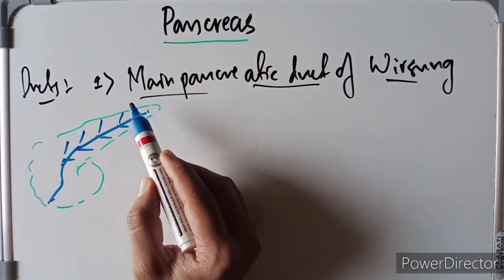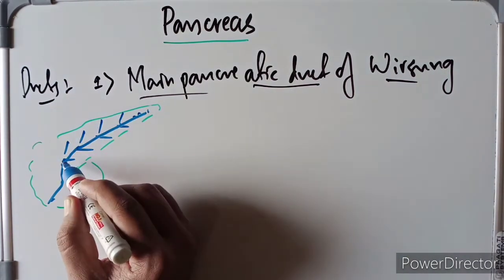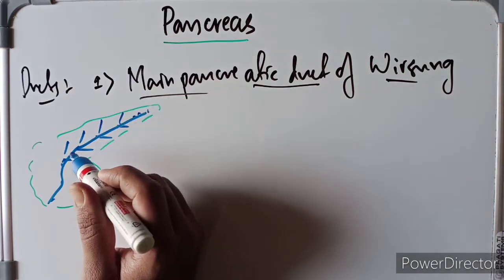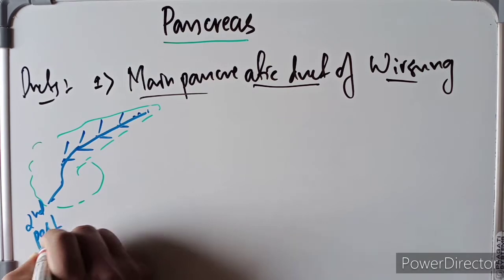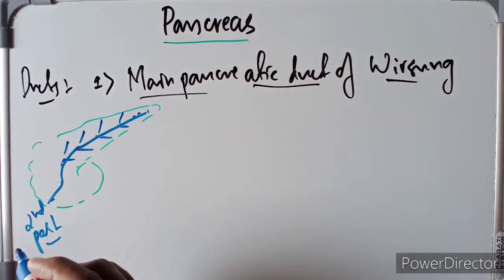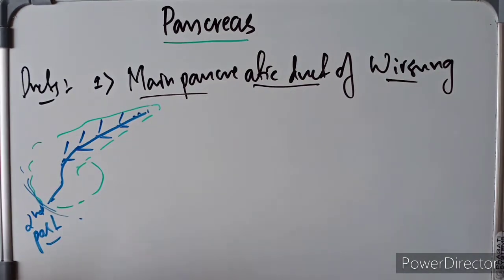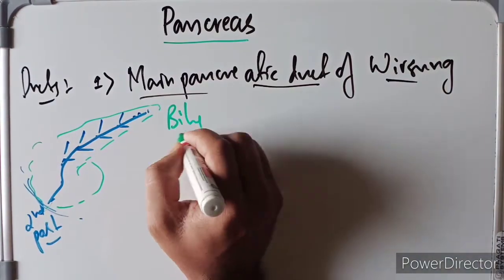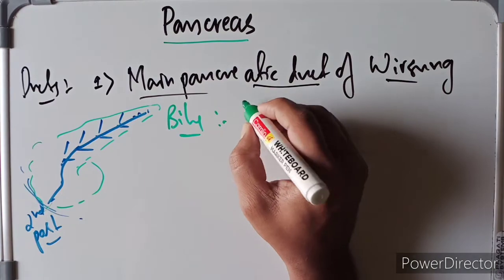It begins in the tail and traverses the whole length of the gland near its posterior surface, and at the neck it turns downward and then to the right to enter the second part of the duodenum. At the neck it will go downwards to enter the second part of the duodenum. It joins the bile duct as it pierces the duodenal wall. Here we have the duodenum, right? So it will join with the bile duct before entering the duodenum